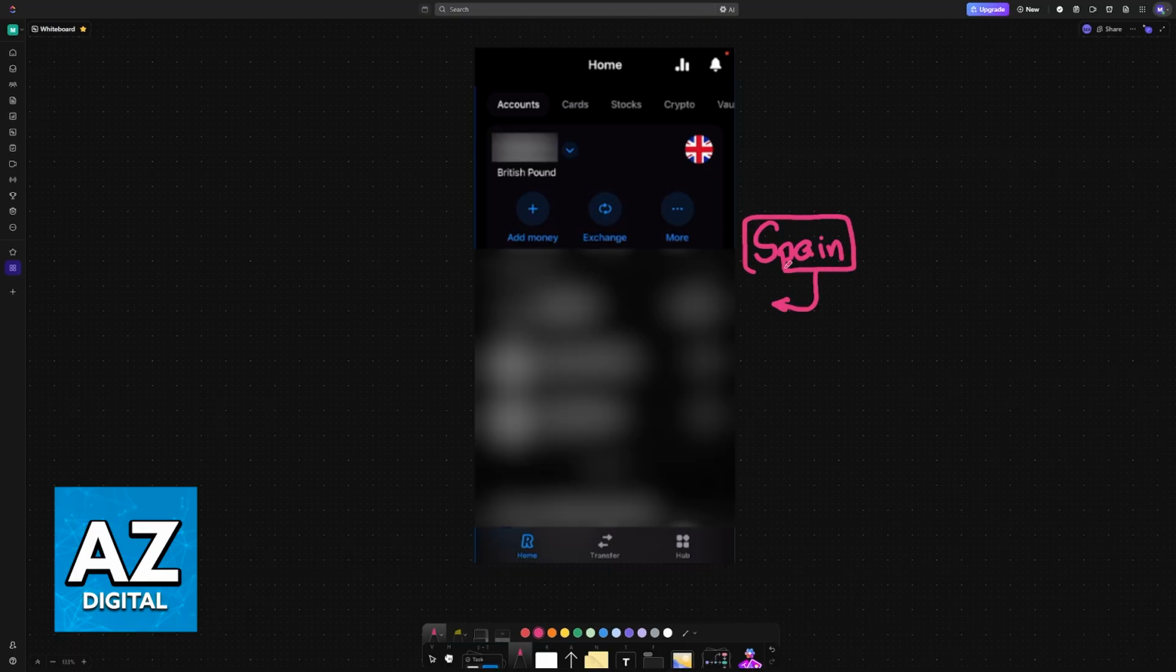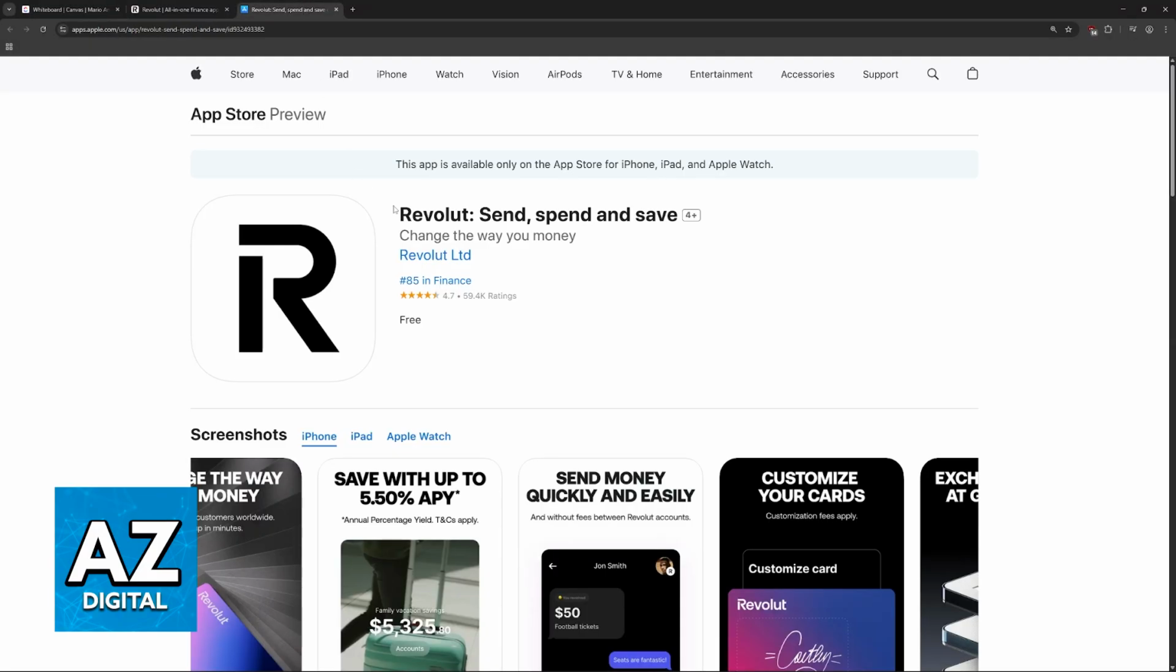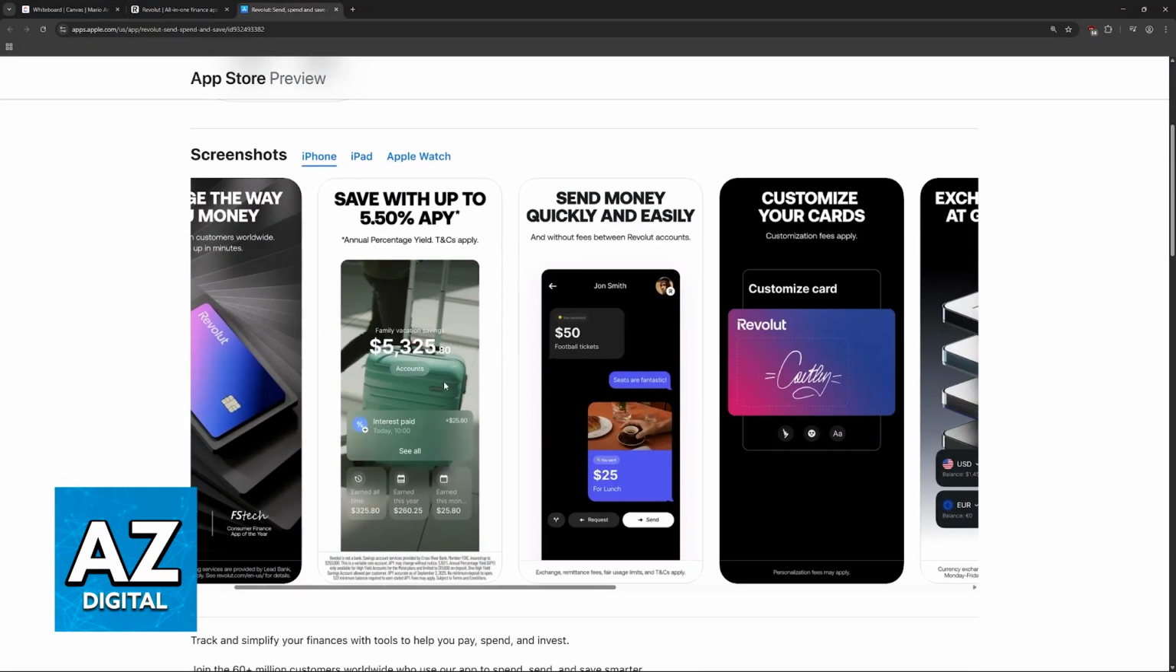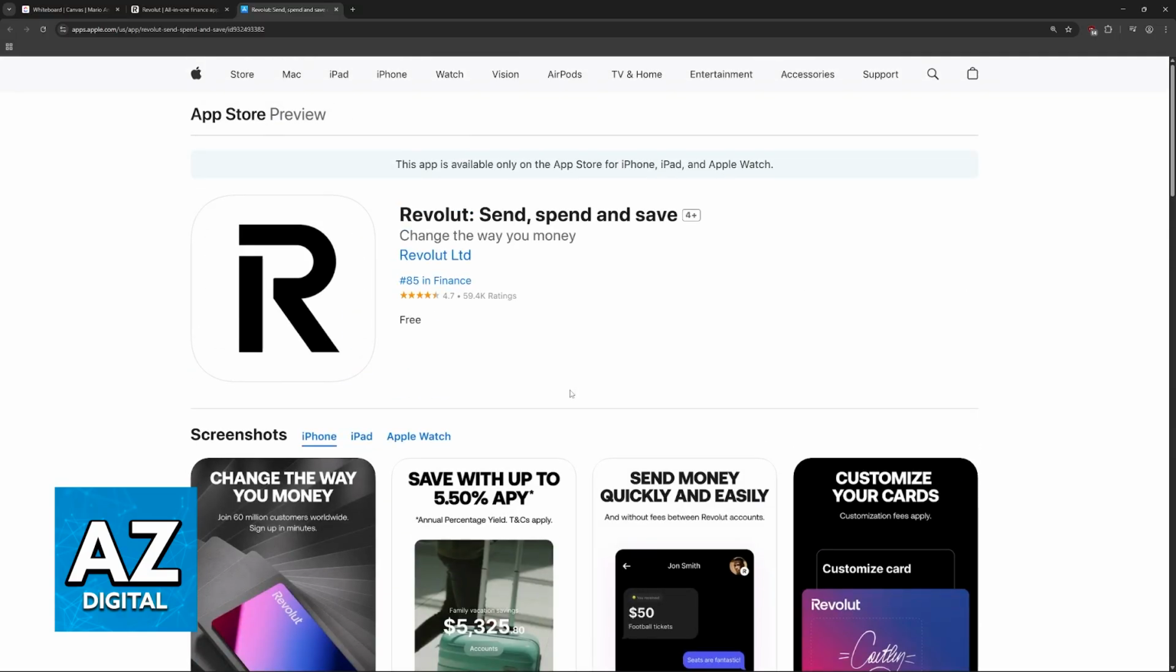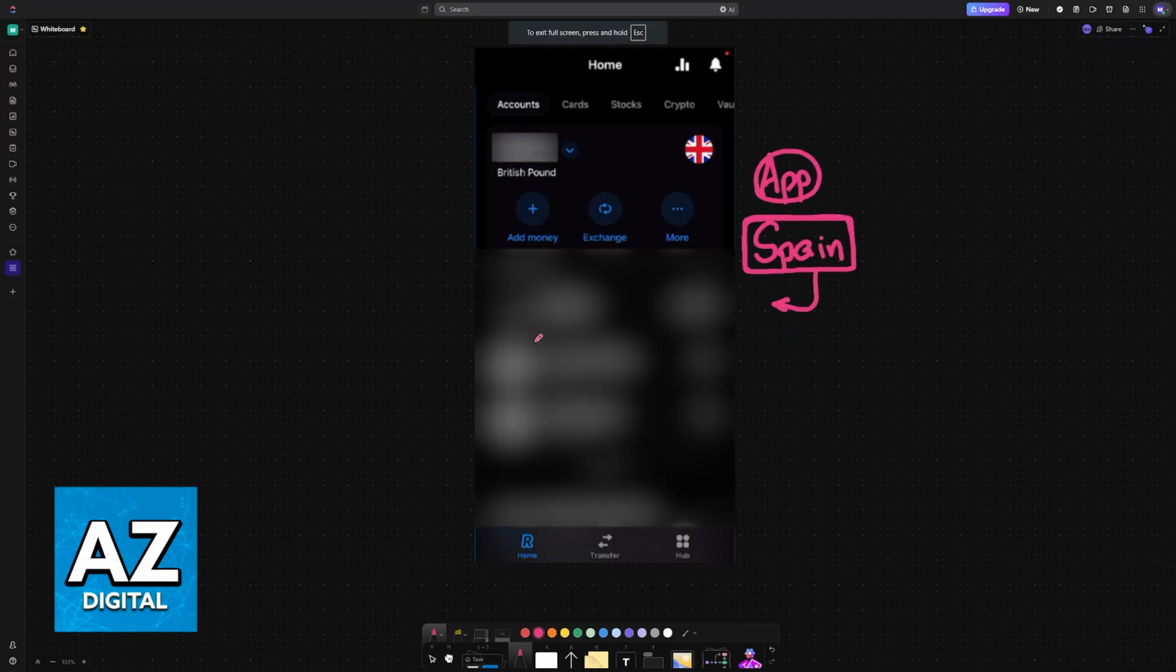To open your very own account, you must download the Revolut app. You can find the app available for free on either the Play Store or the App Store. So if you are on Android or iOS, visit the respective store and look for the Revolut app. This is how it looks on the App Store. Of course, I'm showing it on my computer because I'm recording here, but you can absolutely do all of this